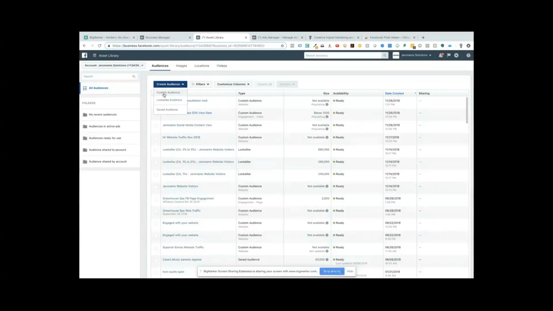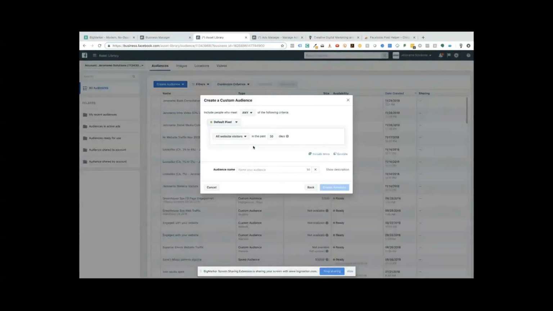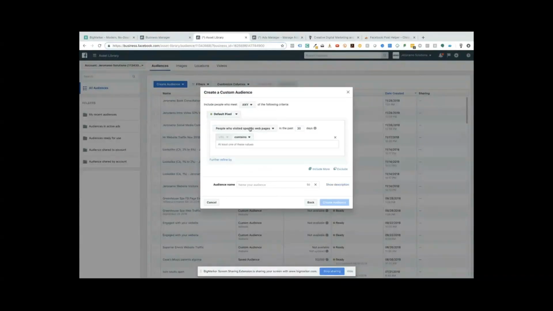And it would be people that have visited the thank you page. So again, I would come into website traffic. I would choose people that have visited specific pages. And this is one where I would actually keep this lower. I would keep it, you know, in the last 30 days, and I would go equals again because it's very specific. Once we get this far down into the funnel, it's very specific which pages we want them to visit because they're landing pages. So I would come in here,